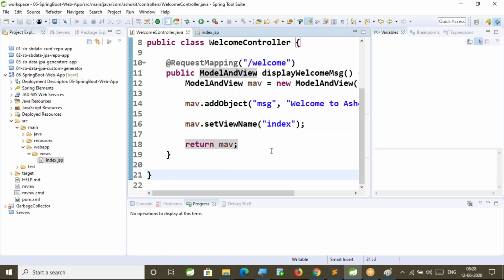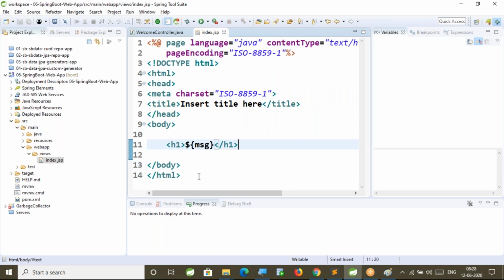My controller doesn't know. Controller is just giving a logical view name. So I hope you got how to create the view and how to access the data in the view using model keys, ${key}. Then it is going to give you the value associated with that key.